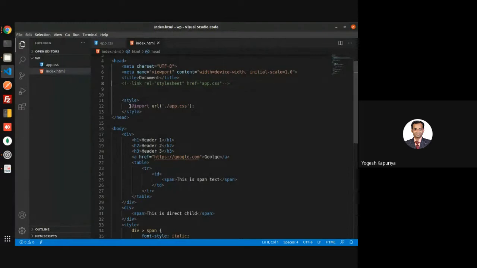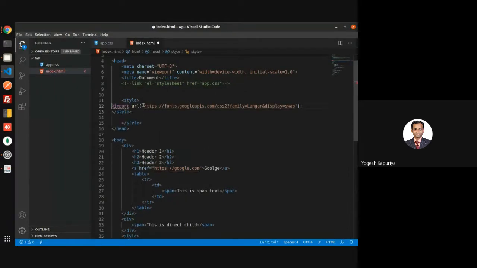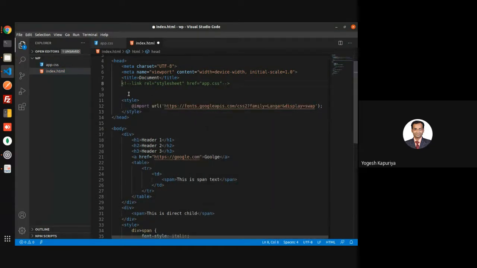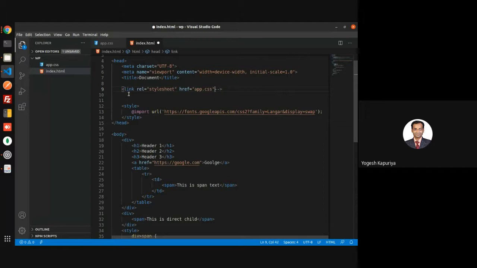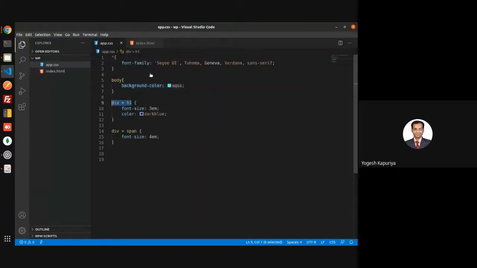So we'll use that over here, right? We also include this style, and then I can use this font. So let us write font family.